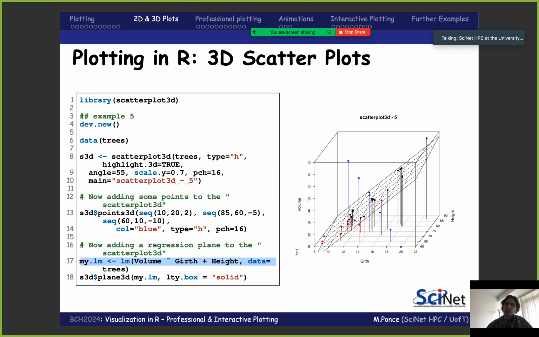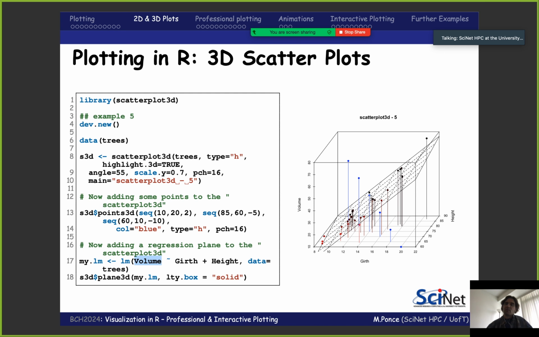But now, because I have two variables, and because I'm giving just linear dependencies, what I'm going to create is a plane in the XYZ space, in this case girth, height, and volume space. So my volume is going to be represented by variations in the girth and height. And in this way, this represents a plane in this three-dimensional space.